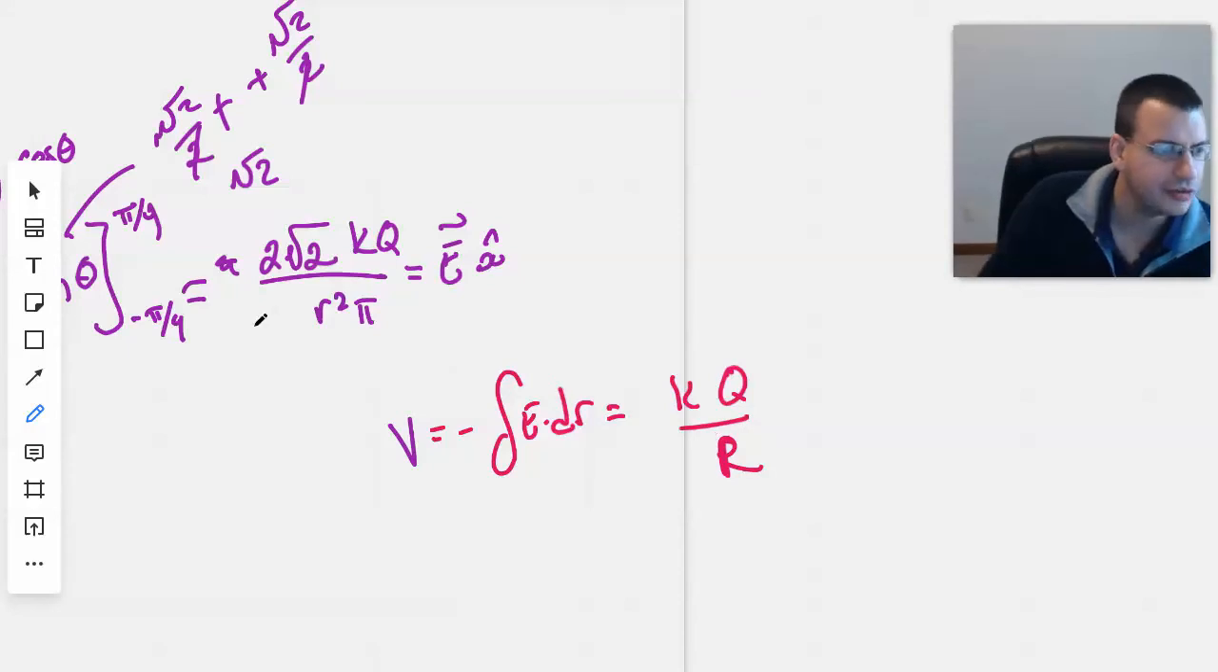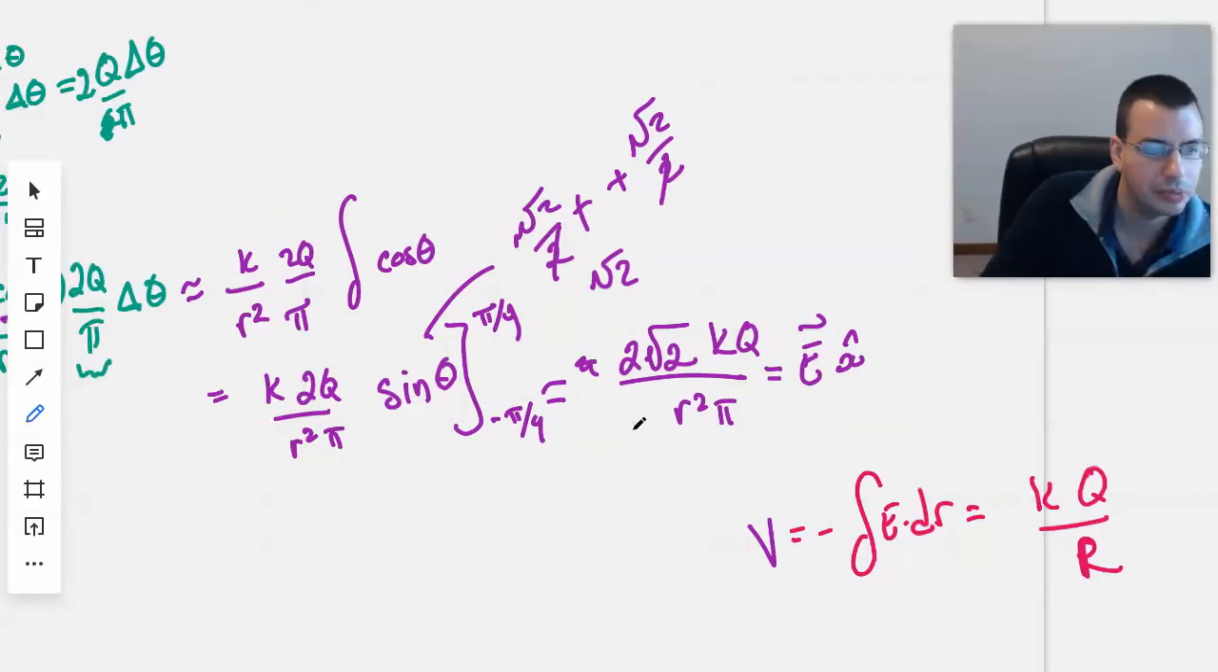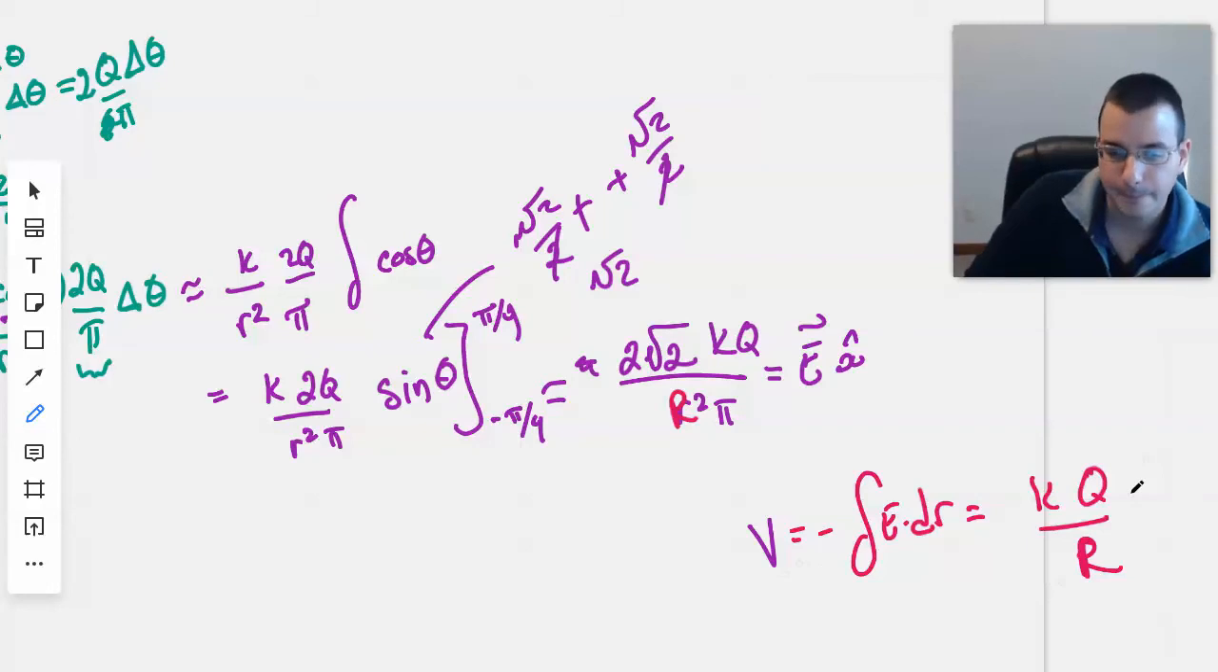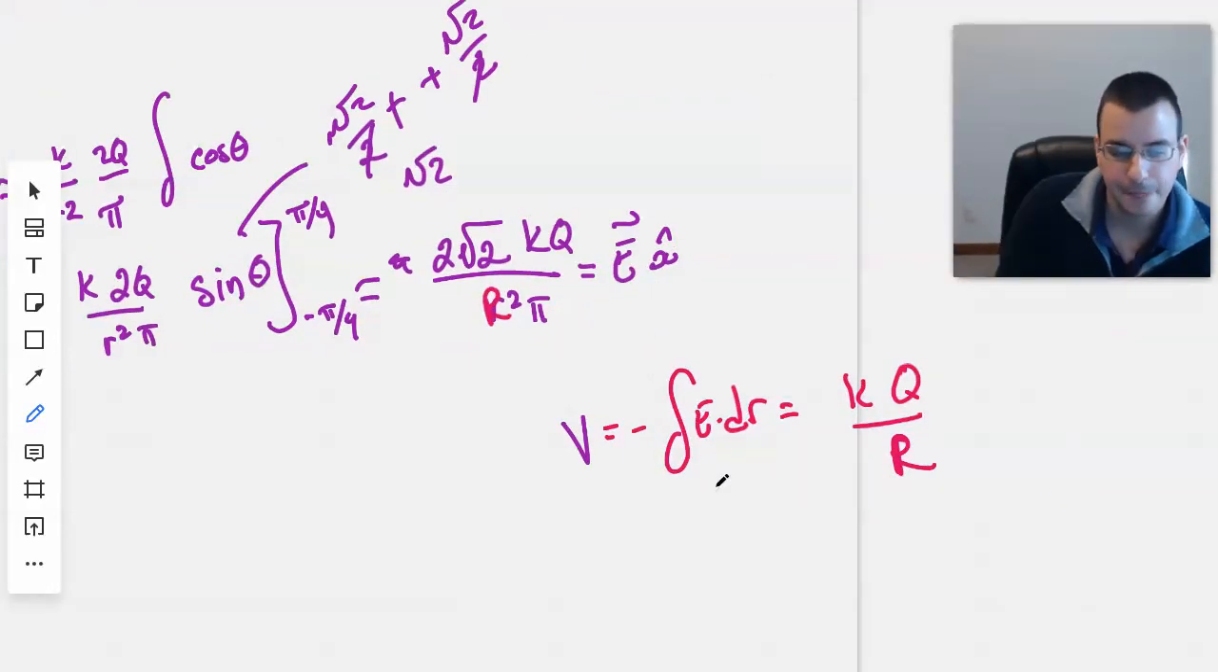Was there an R involved there? It feels like there should be an R. Oh, there it is. R squared. So you're thinking, okay, we just take the derivative of both sides and then the negative, and we could get the electric field. So we'd have electric field equals derivative, let's say with respect to R, negative of voltage, which equals,